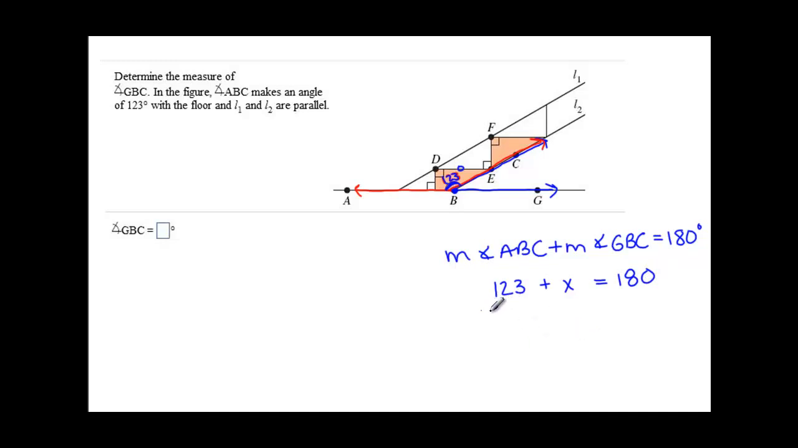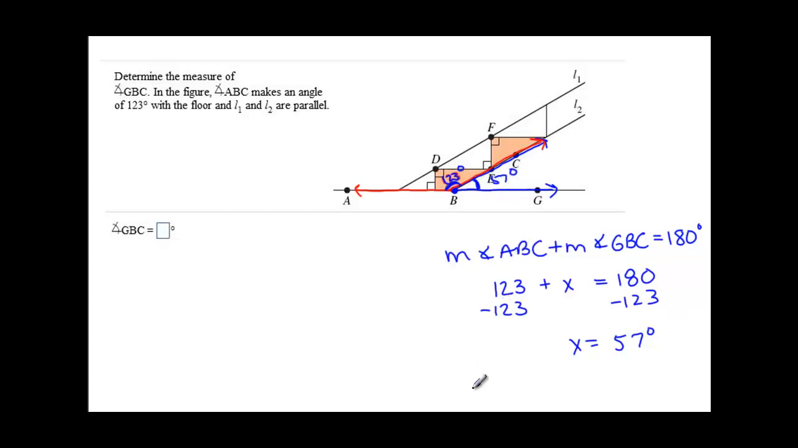So if I subtract 123 from 180, I'm left with my unknown angle having a measure of 57 degrees. So this angle would be 57 degrees, and we can double check that by adding 123 plus 57 gives me a total of